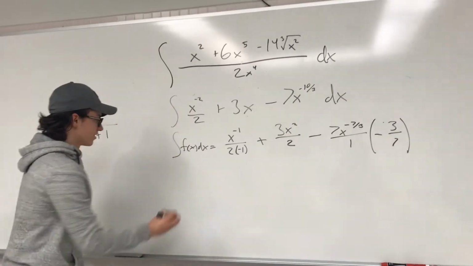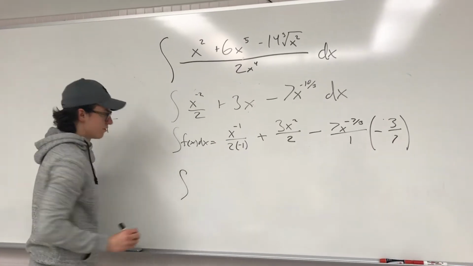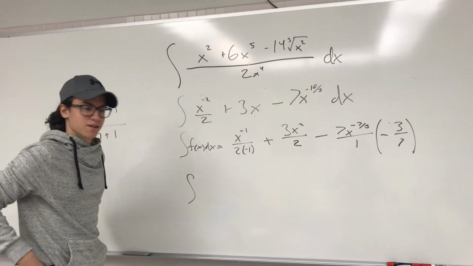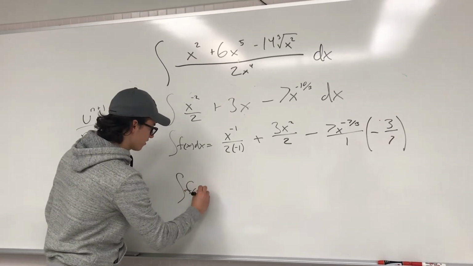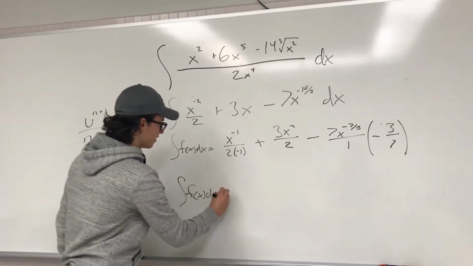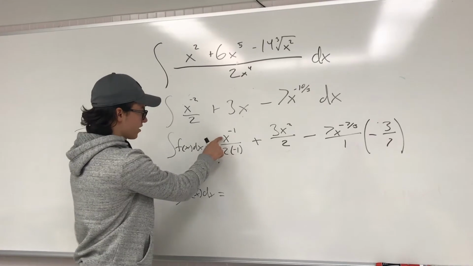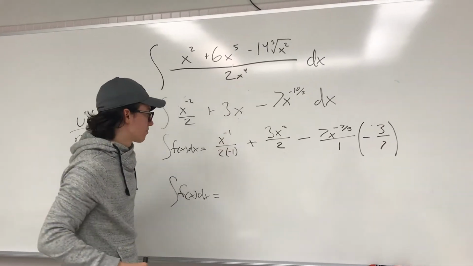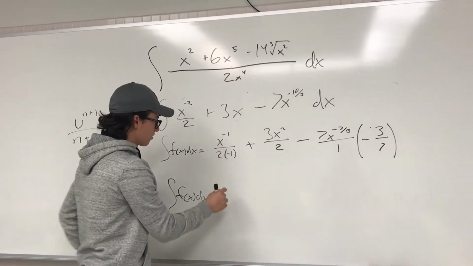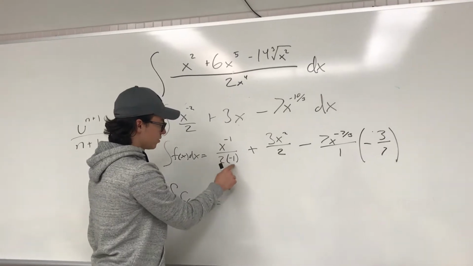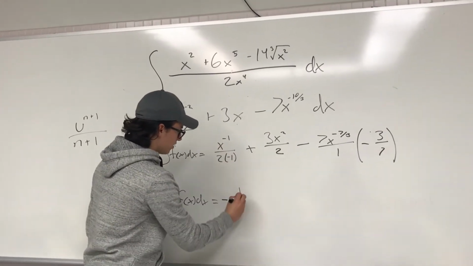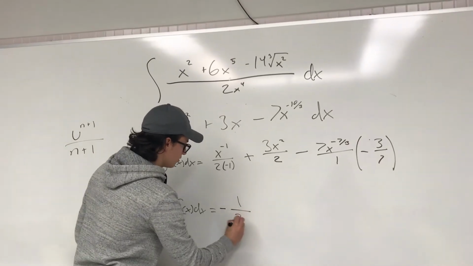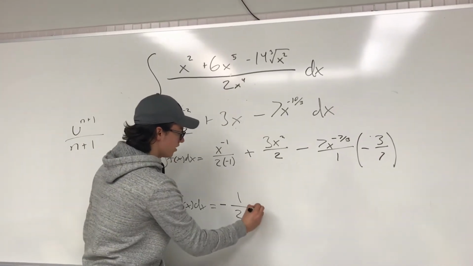So then to fully simplify the integration, we have integration of f of x dx equals. We can have negative exponents on the top, so it goes down, and then 2 times negative 1 is negative 1 over 2x plus